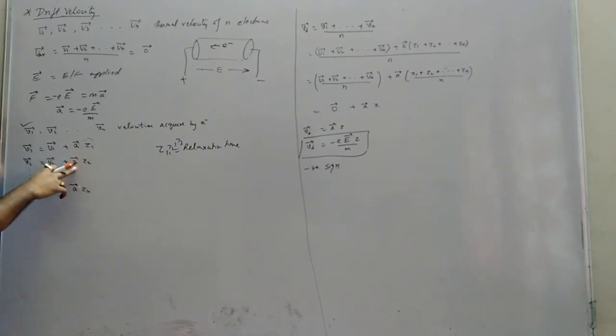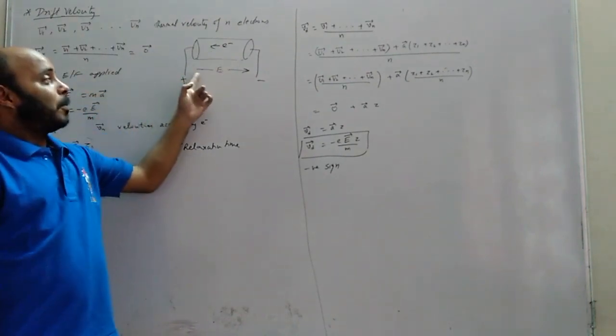A vector into how much time that electron 2 is moving freely. For that time this acceleration is moving. So the electron is moving freely in the relaxation time of electron 2, tau 2. In this way, the nth electron we can calculate. So what are these? These are the velocities acquired by the electron after application of electric field, or the velocity by which the electrons were drifted, opposite to the direction of the electric field.